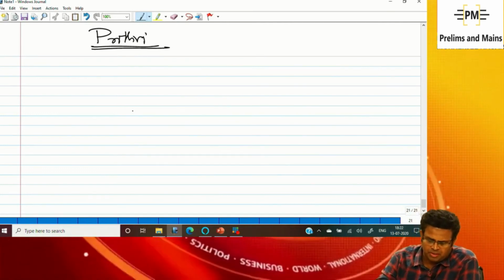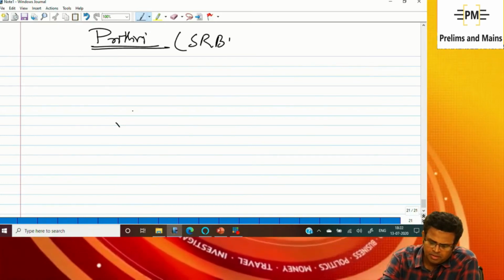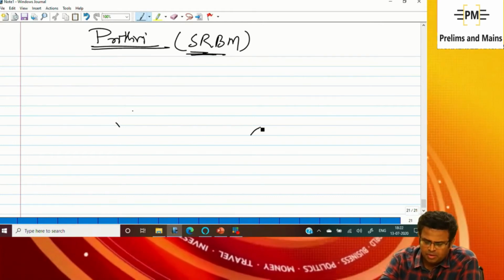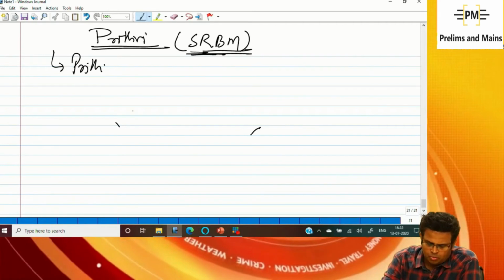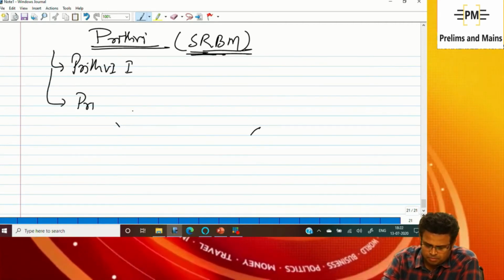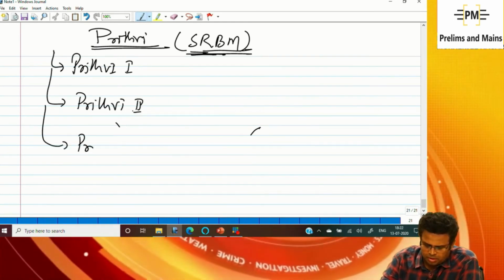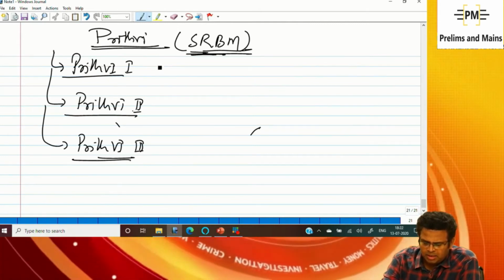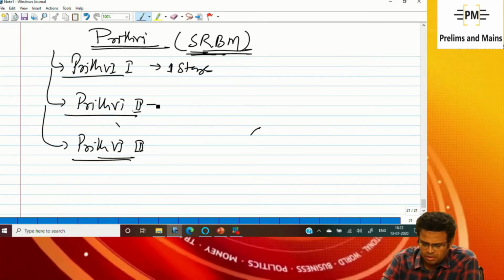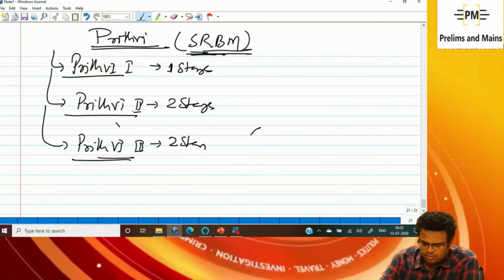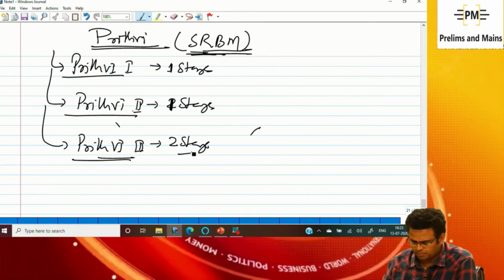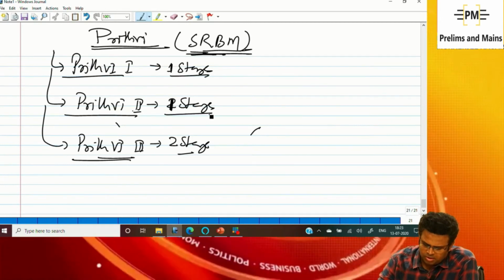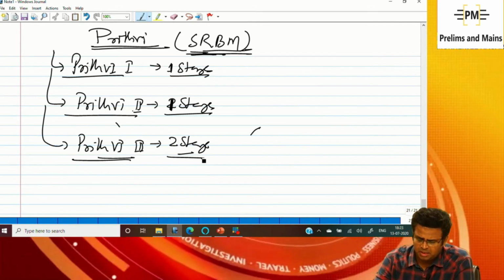Clear? So here I am talking about the Prithvi series, and all are SRBM, short range ballistic missile. Prithvi 1, Prithvi 2, and Prithvi 3. All of them are 1 stage, or 2 stage. Prithvi 1 and Prithvi 2 are 1 stage, and their range is